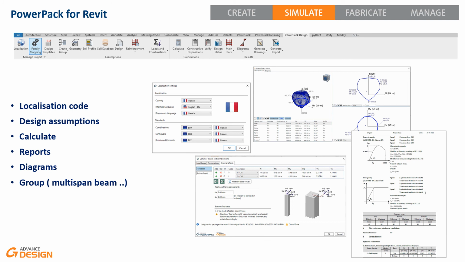And directly inside Revit, the engineer will be able to control the diagrams, to place loads and combinations, and to generate a rebar cage based on the FEM results. And thanks to that, all this information could be summarized inside a very detailed report.